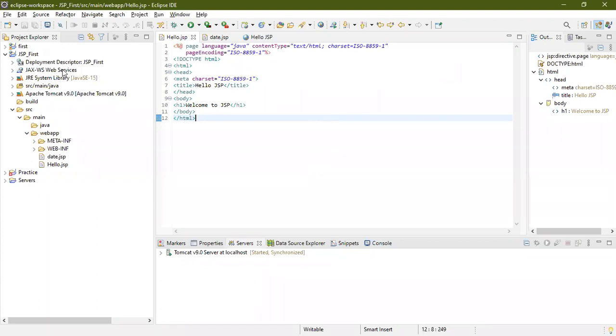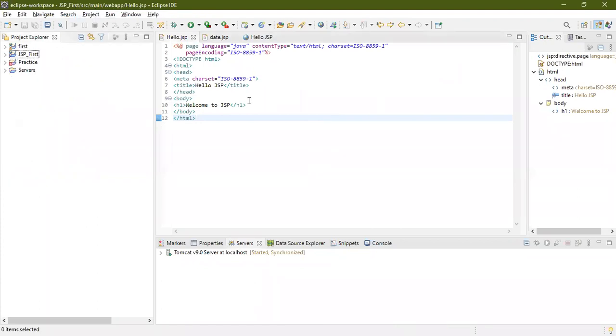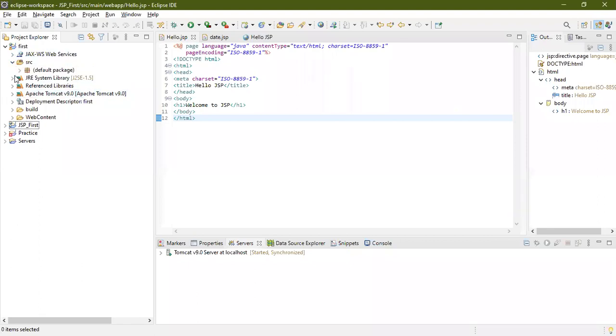Can you see the Eclipse here? Eclipse workspace. See here, I have created one servlet file. I installed the Eclipse IDE for web development, and then I downloaded Apache Tomcat version 9 and configured it here. I'm just writing a simple program, so you can see here.